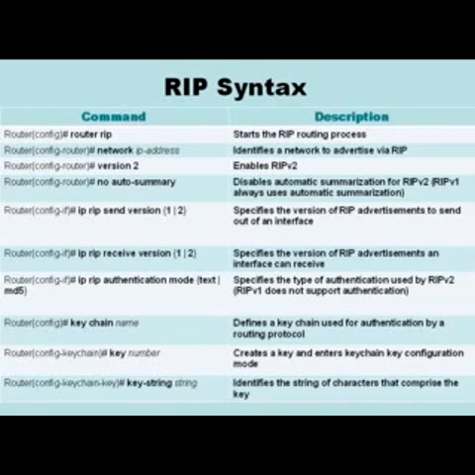We can go into interface configuration mode for the interface pointing over to router R2, and we can give the command ip rip send version 1. That's going to tell router R1 when it sends RIP advertisements out of this interface, send them in the RIP version 1 format. And then we follow that up with the ip rip receive version 1 command to say when we receive RIP information coming into this interface, it is going to be in the format of RIP version 1. At that point, router R1 is simultaneously going to be speaking both RIP version 1 and RIP version 2 out